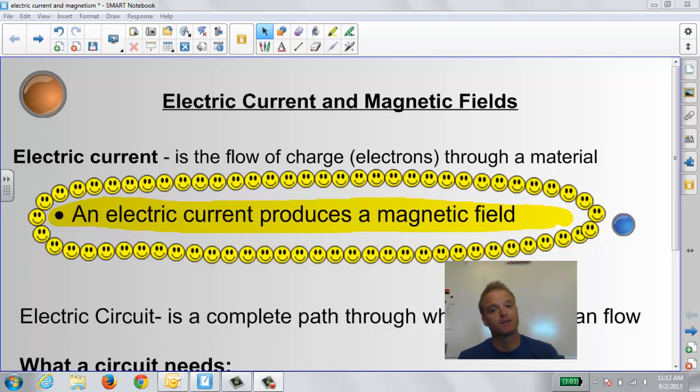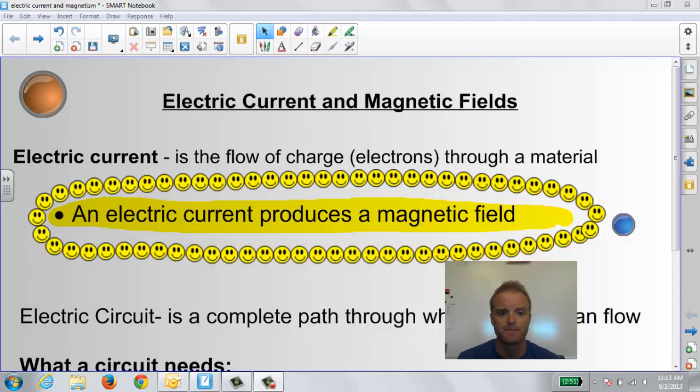And in today's lecture, what I hope to accomplish is we're going to connect electric current and magnetic fields. The past two lectures have been on magnetism and magnets, and we're going to make a connection here between electricity and magnetism. We're doing this for a couple of reasons. Moving forward, our next section is going to be on electromagnets, which are magnets that are made by electric current. So today we're going to bridge that gap between